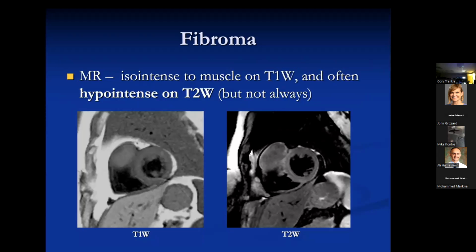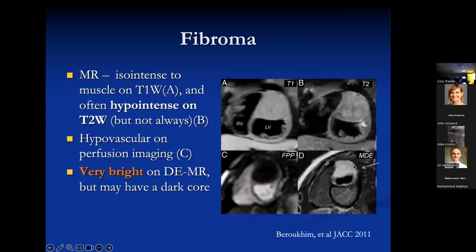And the one time that maybe T2 imaging helps is in adults, at least, or older children, where the tumor may actually be dark because of its fibrous nature. It's made up of fibrous tissue, and just like fibrous tissue elsewhere, it doesn't have a lot of free protons. It's dark on T2 imaging, kind of iso on T1, but in early childhood fibromas, this is not true, as we'll talk about from the paper. Older kids and adults, they can be dark because they're largely collagenous lesions, right?